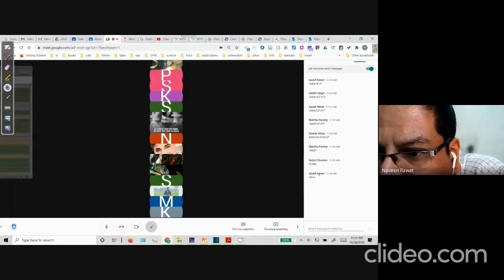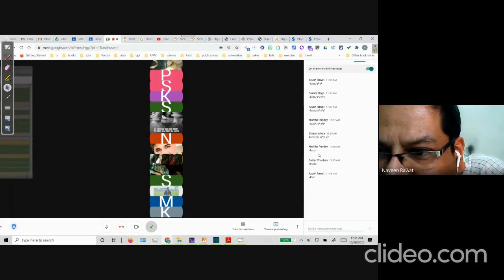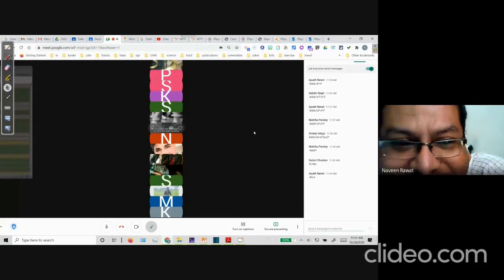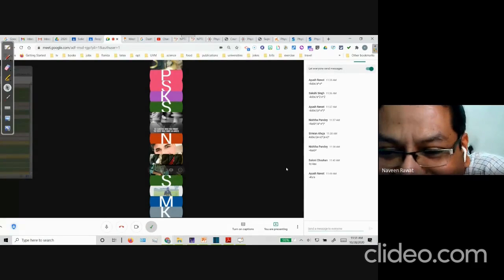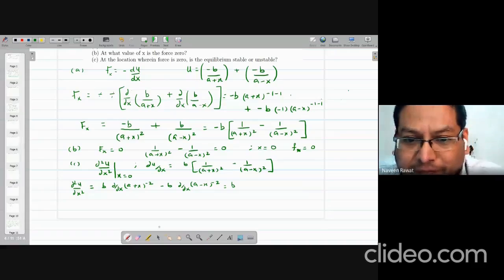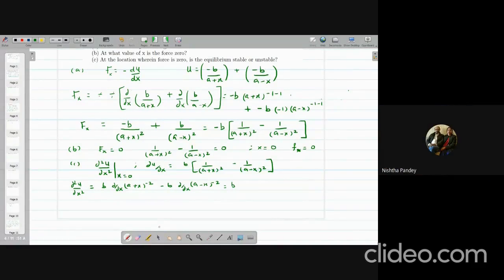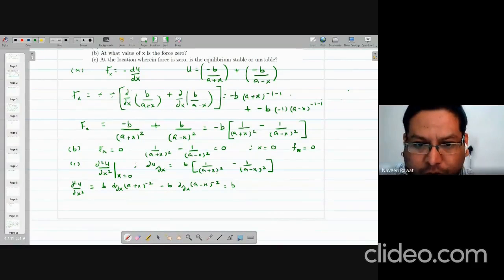Okay, minus 4b by a. Very close. Ayush, I think Ayush is very close. You guys are getting close to the answer. Wait, this was the answer for the previous one, then it is wrong. Has anyone got an answer? Zero answer, sir. Okay, let's try to solve it out.